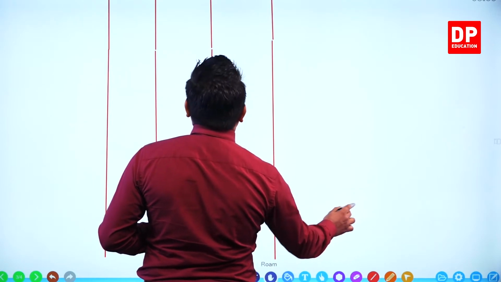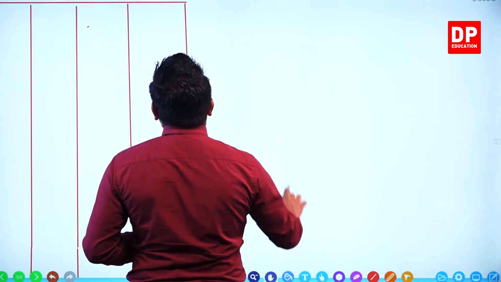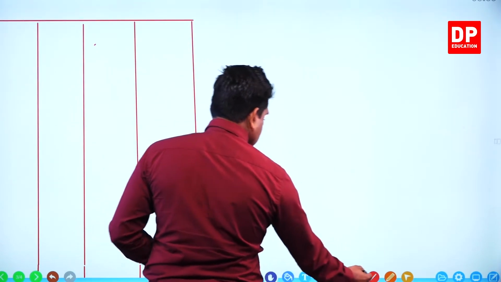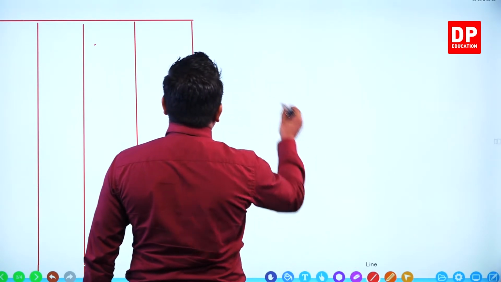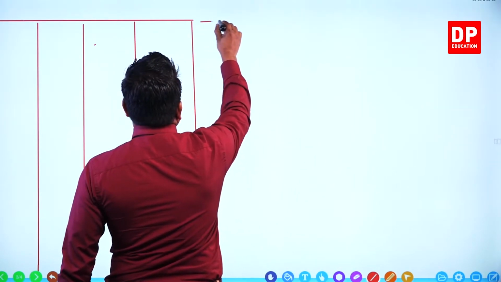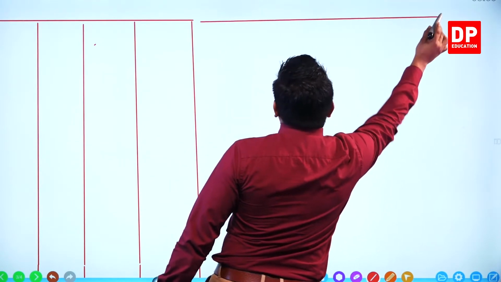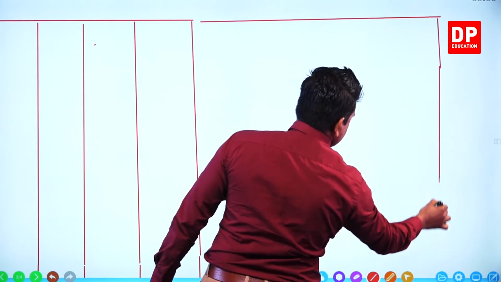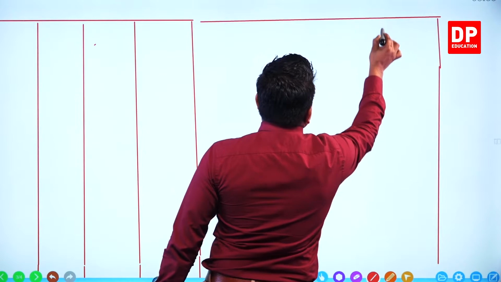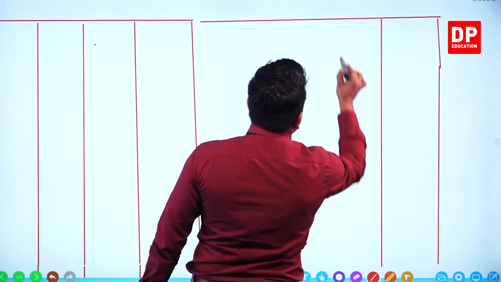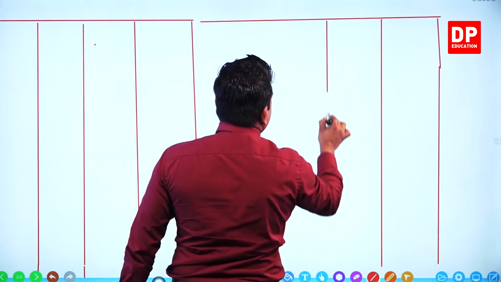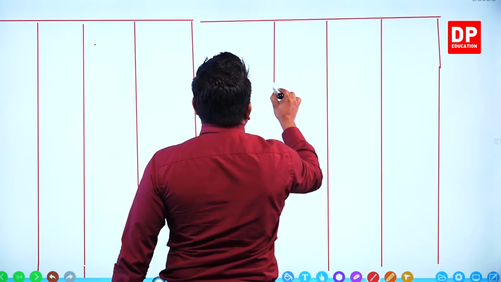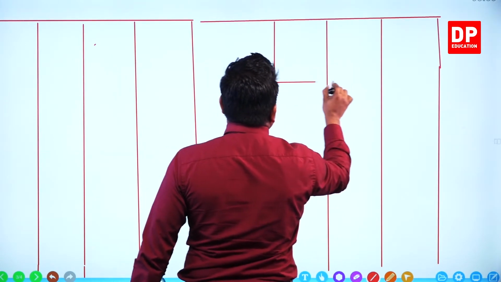In the same way you can draw the statement of financial position. You can draw both at the same time. Here, for the statement of financial position, we start with 3 columns, but in the middle we stop the first column. Why? We need it only to enter the non-current assets details.